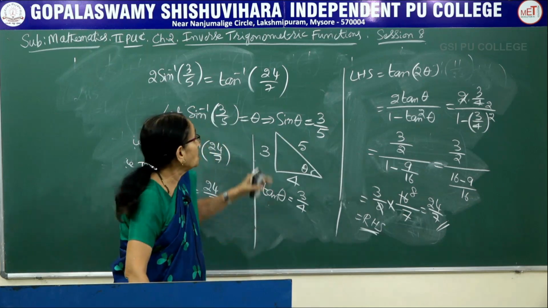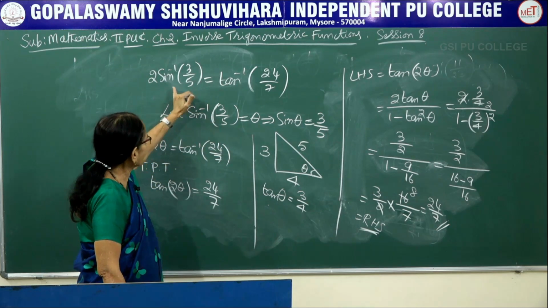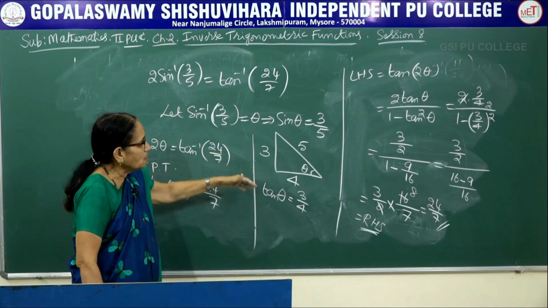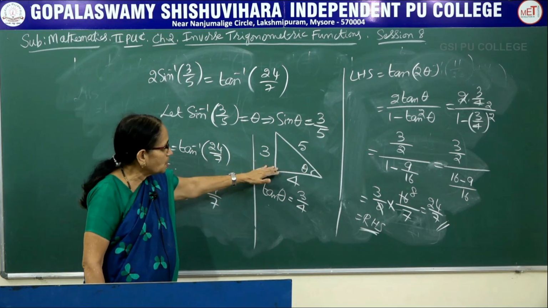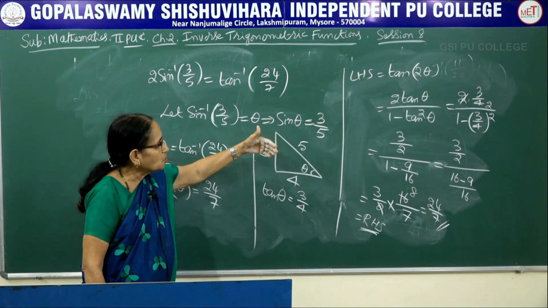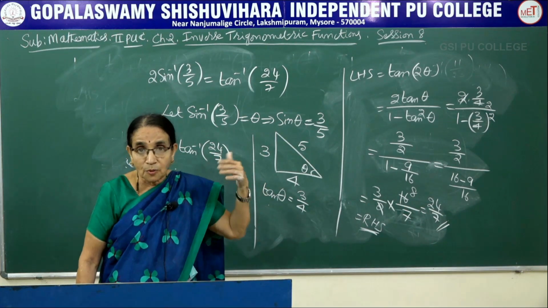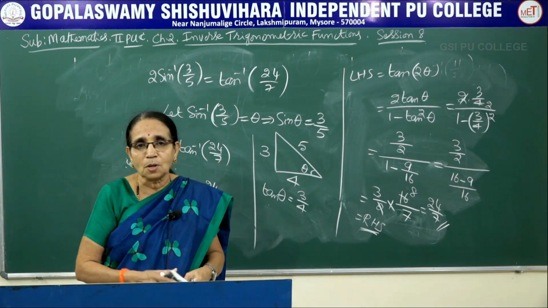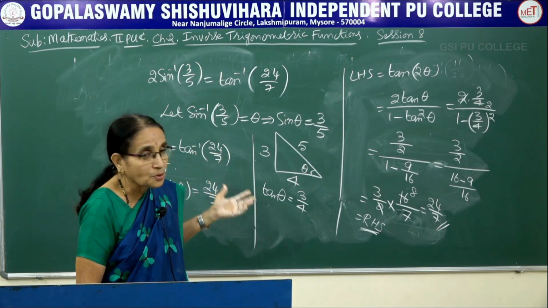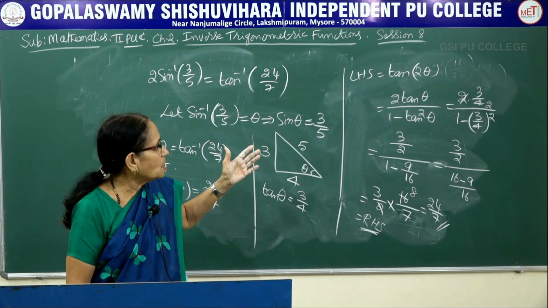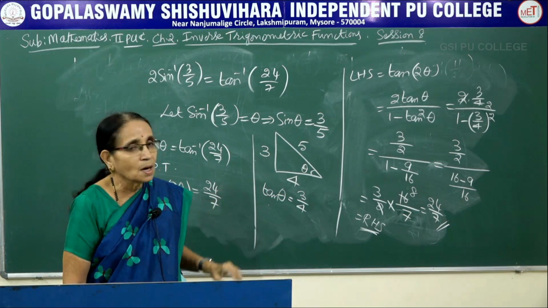So when there are different types of function, you can make use of this approach. For this angle, you have to take it as theta. Then you can make use of the multiple angle formula which we learnt earlier, and using the definition of the trigonometric function and the multiple angle formula, you can arrive at the result. In the first five problems, I had made use of the property directly, whereas here I made use of the basic definition of the inverse trigonometric function and also the multiple angle formula, and I have arrived at the right hand side.